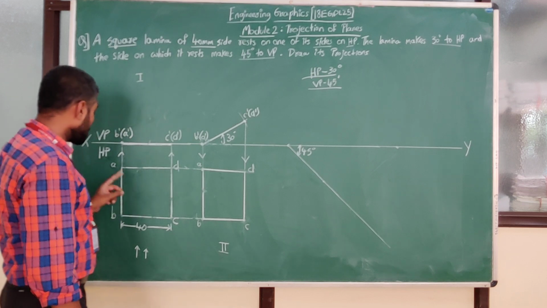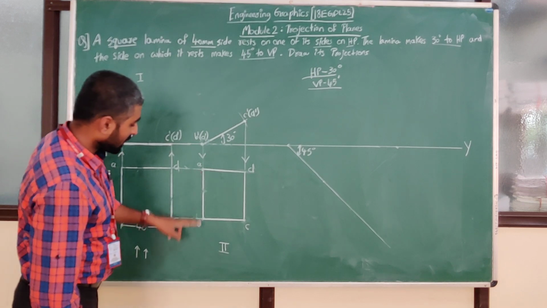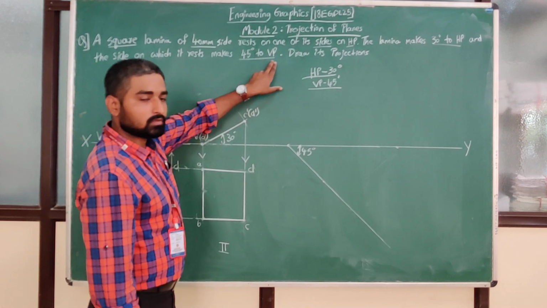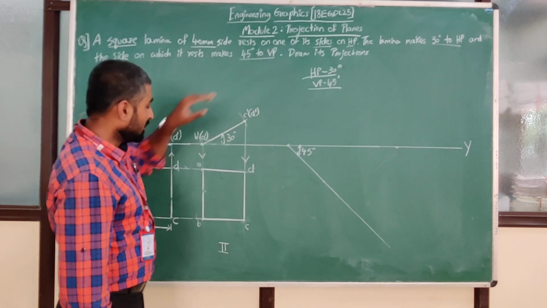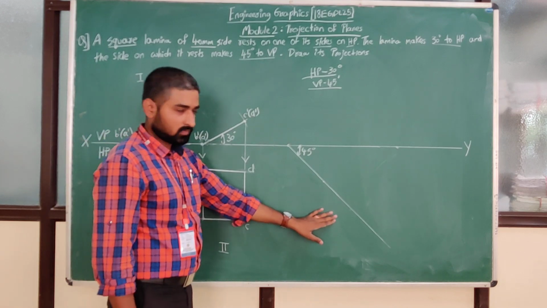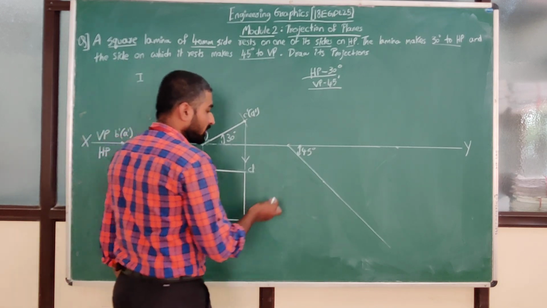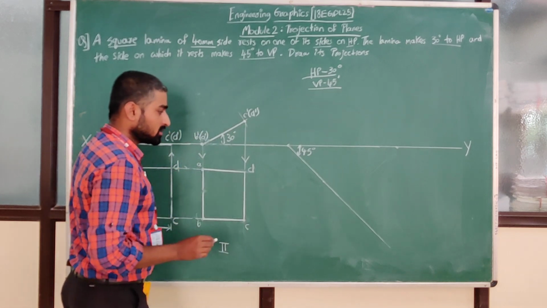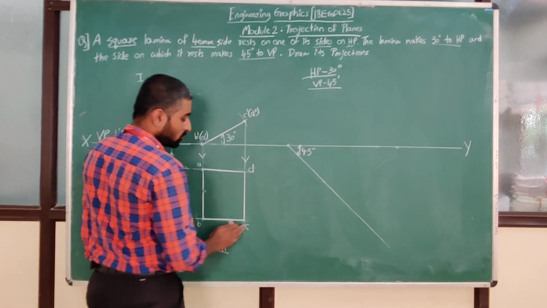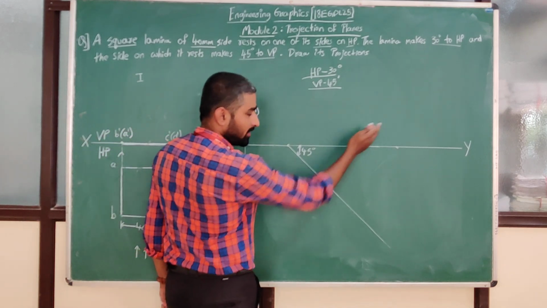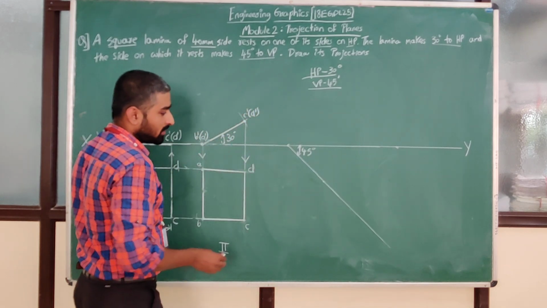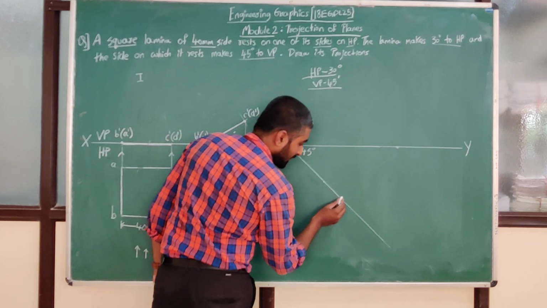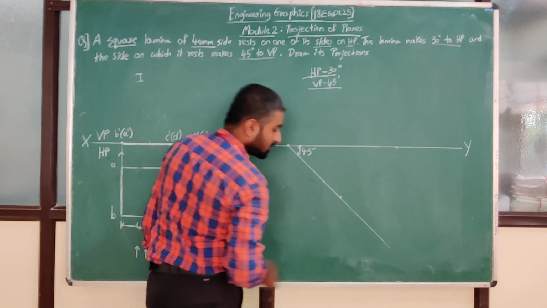The left hand side edge is nothing but A and B. You can see here A and B. So that edge makes a 45-degree angle, so we have to rest that edge on this line. You can rest A and B wherever you want. But just check that when you draw this diagram, it should not go above the XY line. It should be below the XY line. That's why in the third step we require a lot of space, and hence you can take that point as much as possible at the bottom.